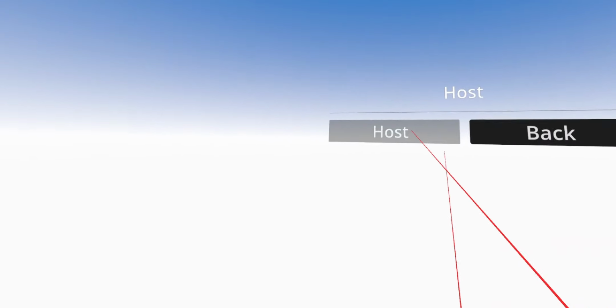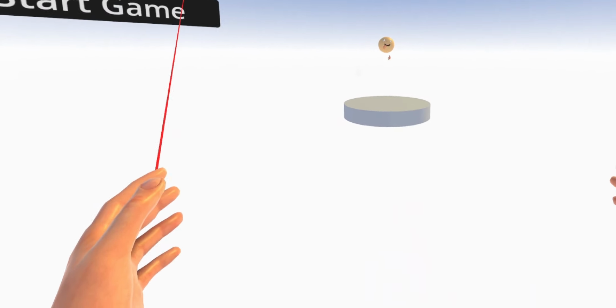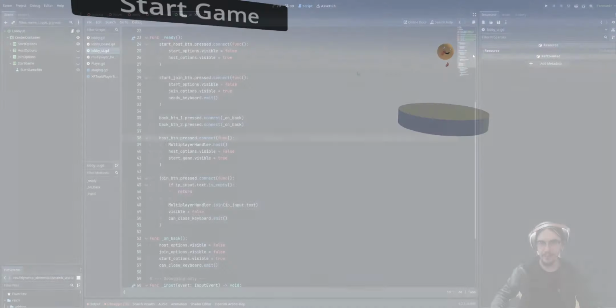As you can see, after a few long hours, I finally managed to make the lobby work. The players are in the same scene and are synchronized properly, and I only had to do a few weird things. So let's take a look at the code that makes it work.